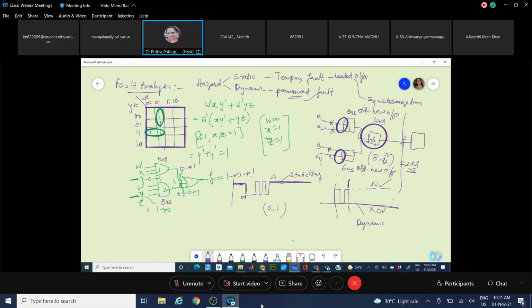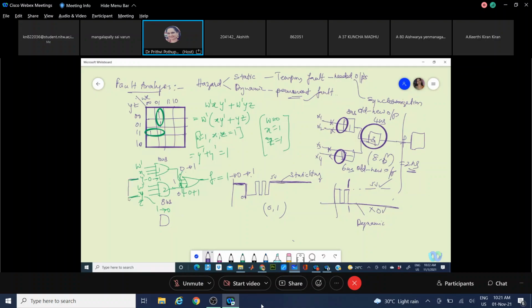Now, if I want to avoid such a temporary fault happening in between, maybe by introducing one more gate, or something like increasing the complexity, making this circuit which is found to be having a static hazard free of that variable which is deriving that static hazard.